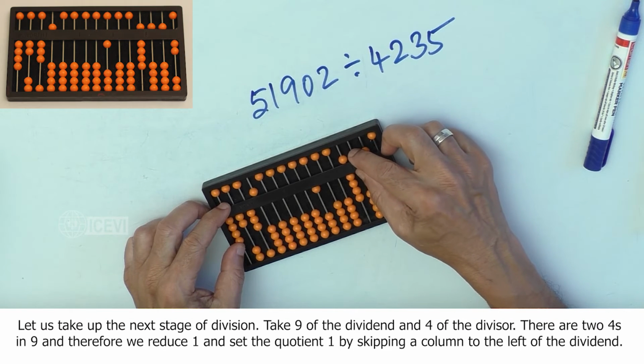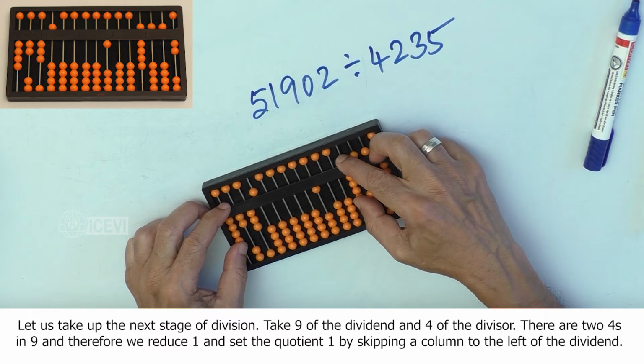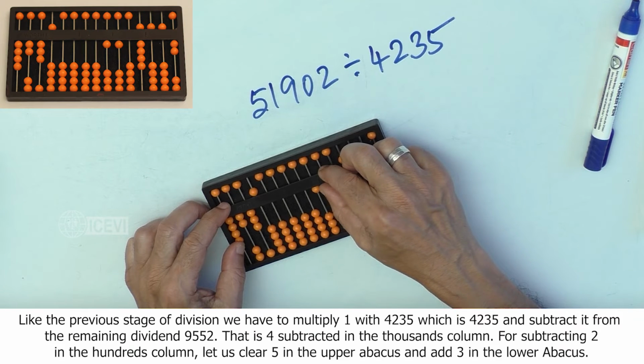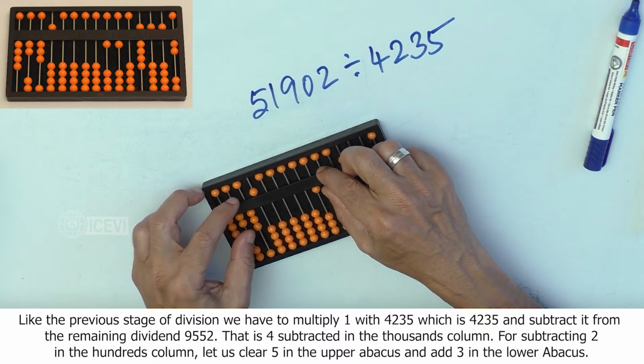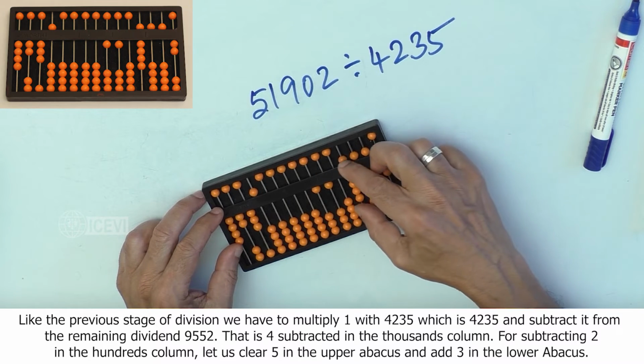Let us take up the next division. Take 9 of the dividend and 4 of the divisor. There are 2 4s in 9 and therefore we reduce 1 and set the quotient by skipping a column to the left of the dividend. Like the previous stage of division, we have to multiply 1 with 4,235 and subtract it from the remaining dividend